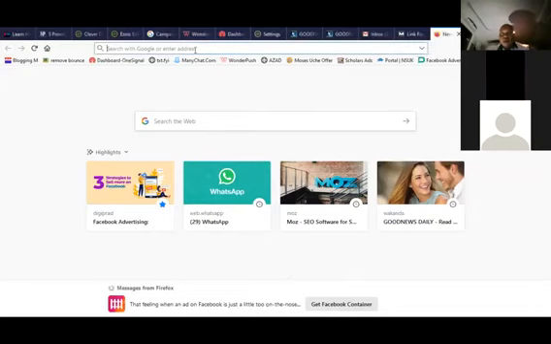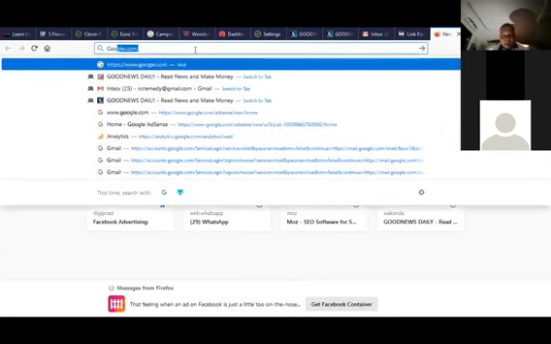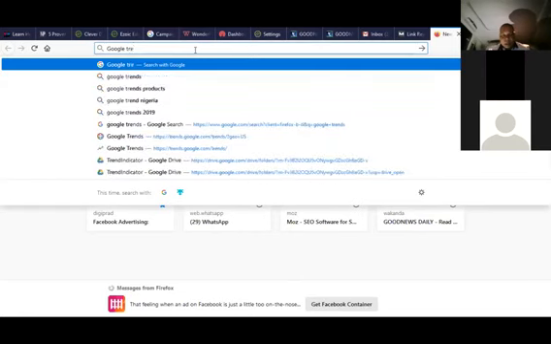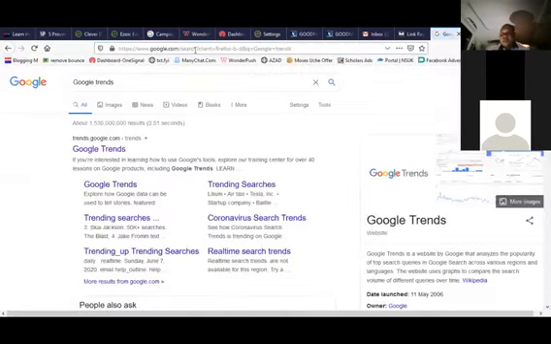So how do you use Google Trends to generate content ideas? Very simple. What happens with Google Trends is that it shows you what is trending, what people are searching for.